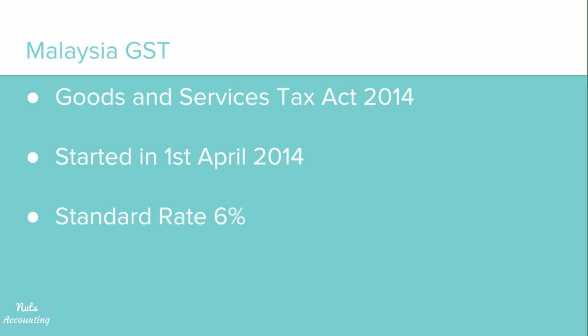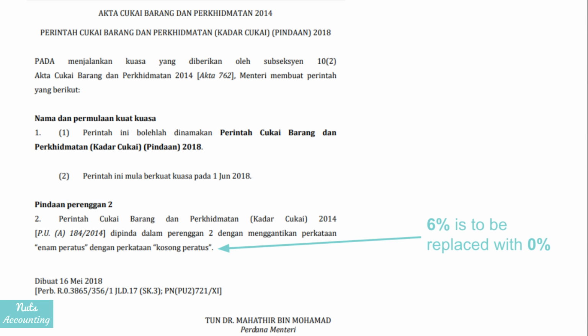Okay, during the recent Malaysia election, Pakatan Harapan won the election and has taken over the country as the new government. And one of their manifestos is that they will abolish GST. So right now, Tun Dr. Mahathir has already announced that the GST 6% will be replaced by GST 0%. Do bear in mind that this